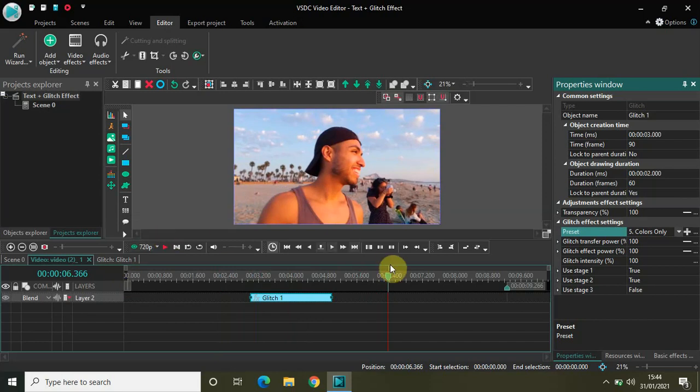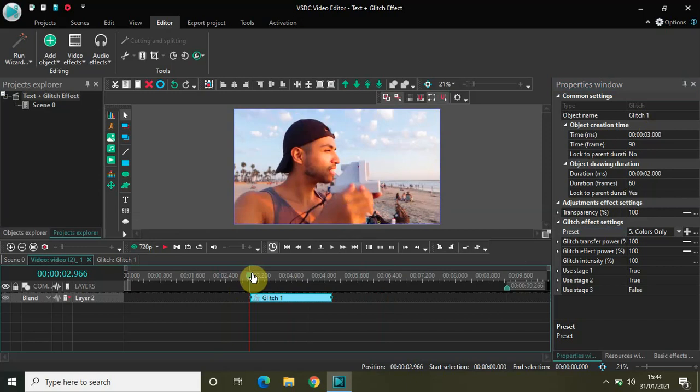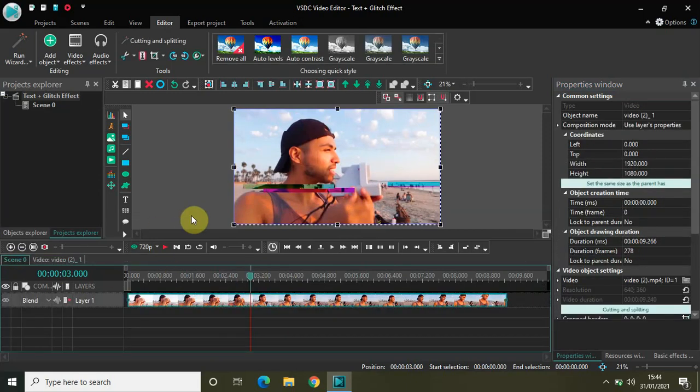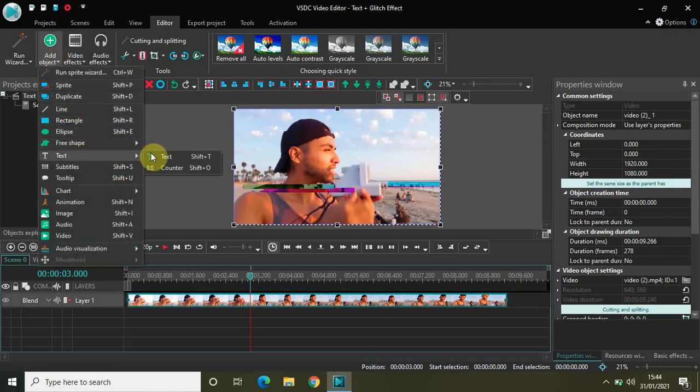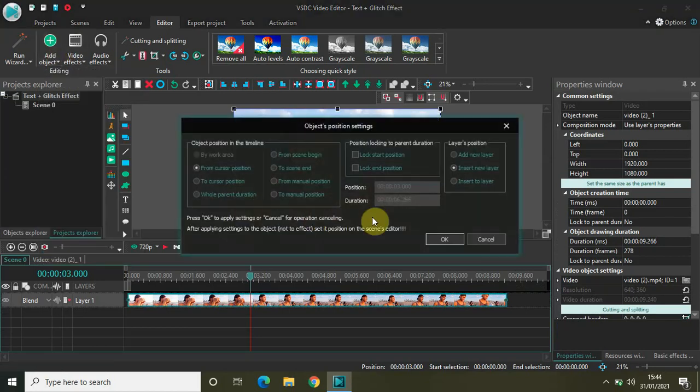So my glitch effect is starting at 3 seconds on the timeline, so let me place my cursor at 3 seconds right here. And the duration of my glitch effect is 2 seconds. So let me go back to my main editing timeline and go to add object, text. Let me click on text and click on OK.